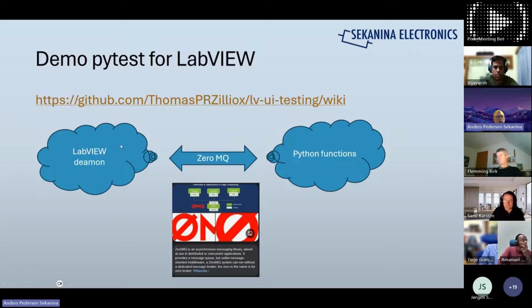There you are running a LabVIEW daemon, and then you use ZeroMQ to talk to some Python functions. And if you don't know ZeroMQ, that's something like MQTT or WebSocket, cross-platform, where you can send simple functions forth and back.